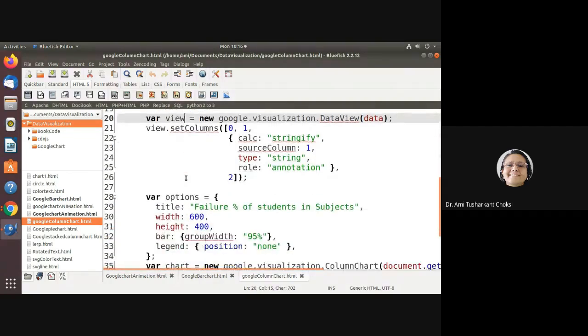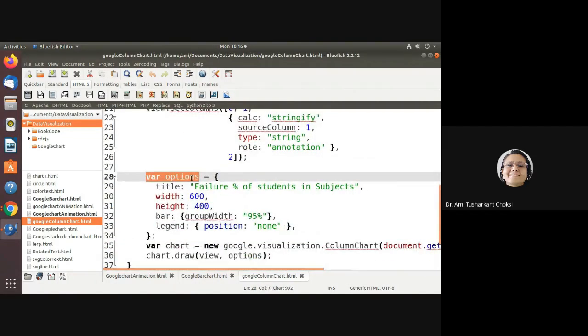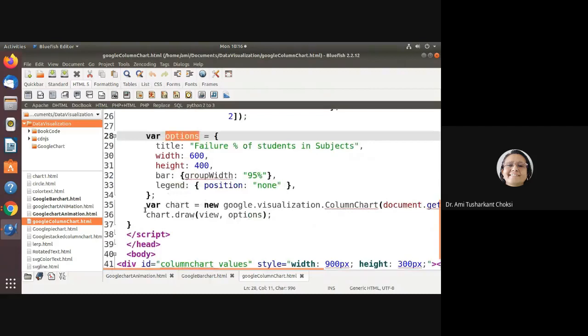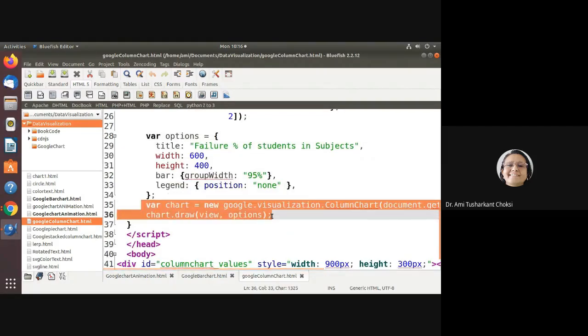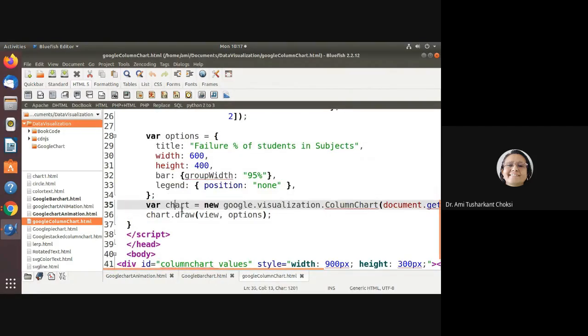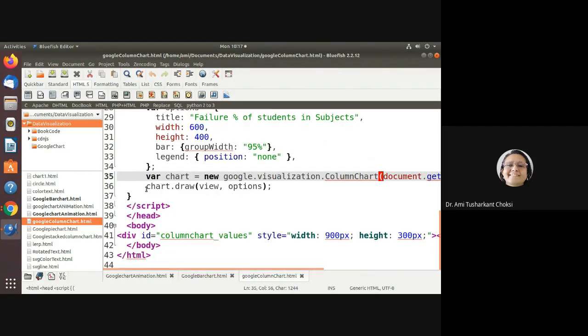Then after, we are specifying the options, and then after we are drawing that using the chart variable, whatever type we want, that we can specify here. Okay. And we can say then after chart.draw, that is view and options will specify.